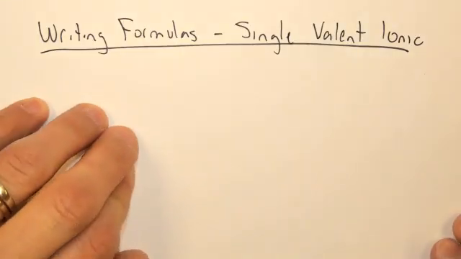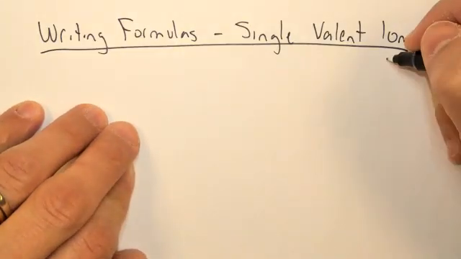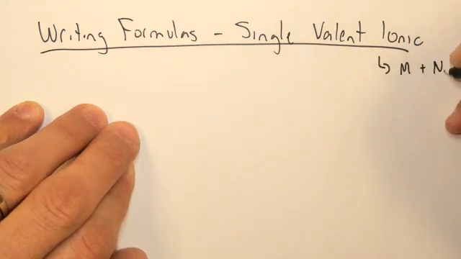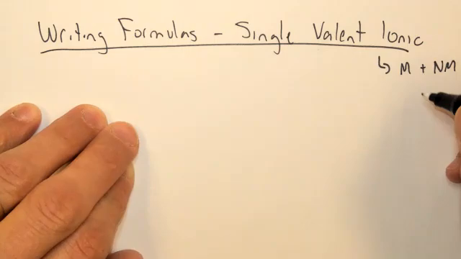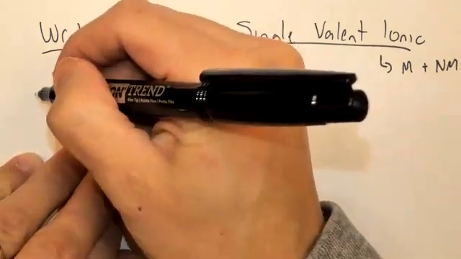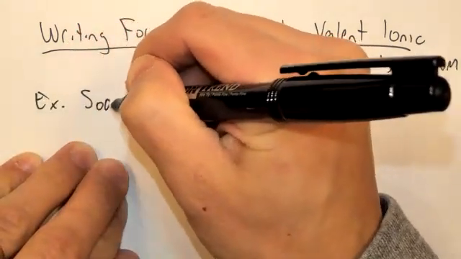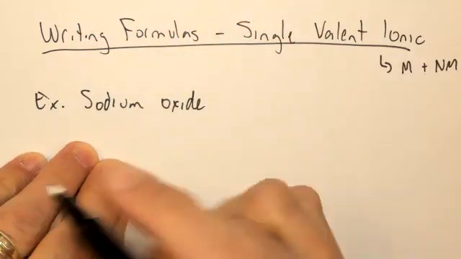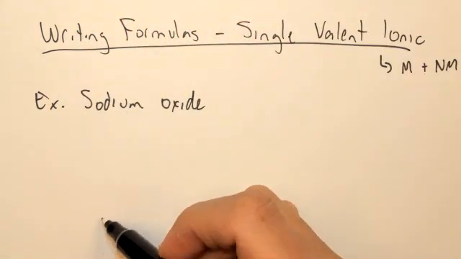To write formulas of single valent ionic compounds, it's important to remember what an ionic compound is. This is when we have a metal and a non-metal combining together. An example might be something like sodium oxide. To write the formula for this, we have to look up each of the symbols and the charges for each